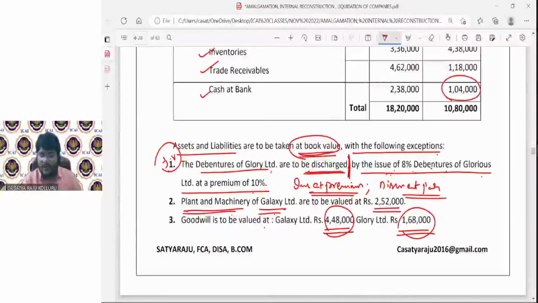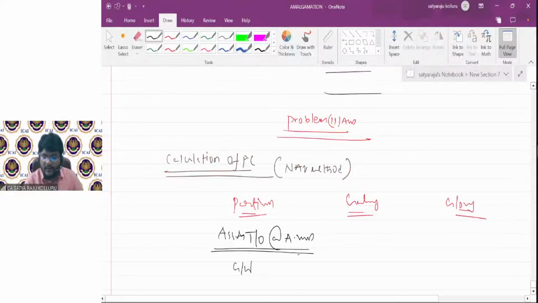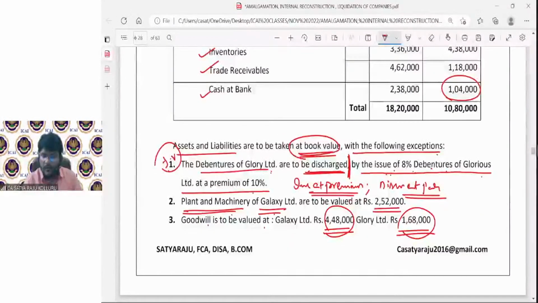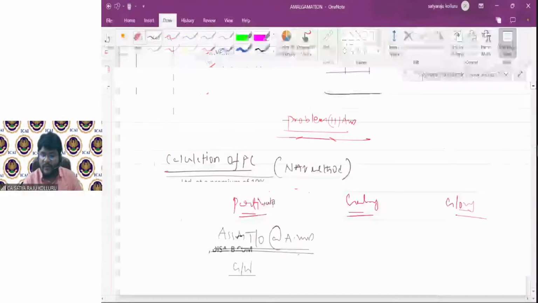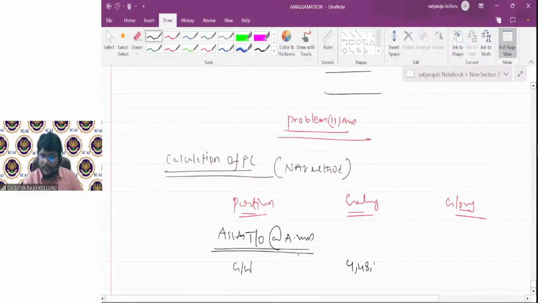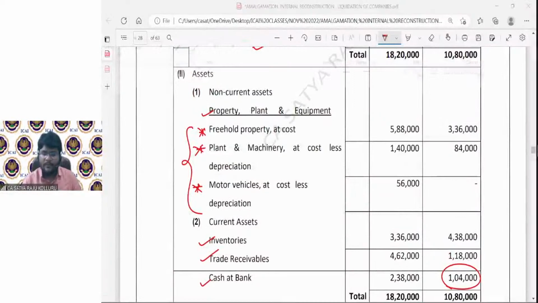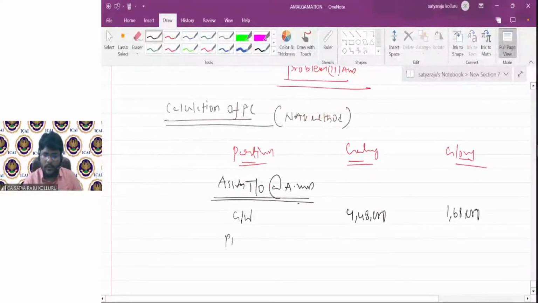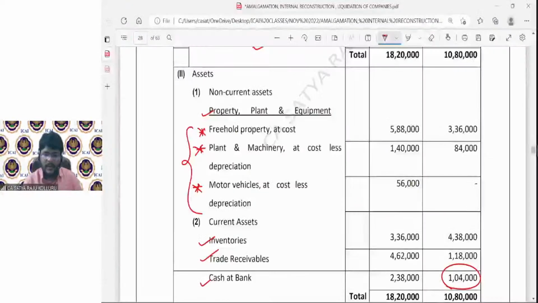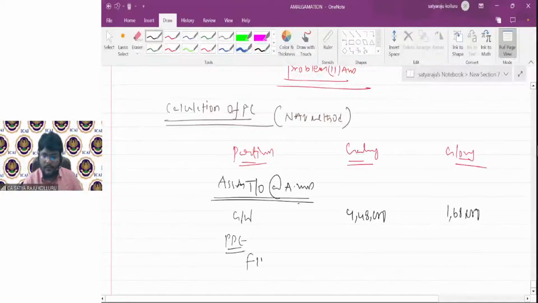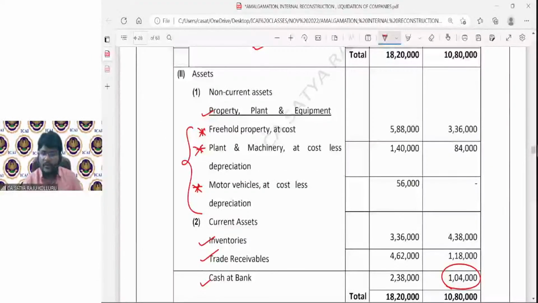I may forget. First, let me start the problem with goodwill itself. Out of all the assets, first let me start with the goodwill. Goodwill of Galaxy is given at 4,48,000, and for Glory it is 1,68,000. Now the remaining assets you can check one by one through the balance sheet. So come to the PPE. Out of the PPE, freehold property. Nothing was given, so at book values only: 5,88,000,